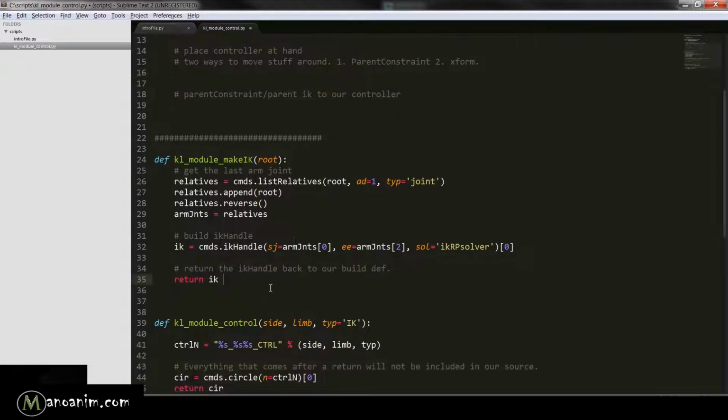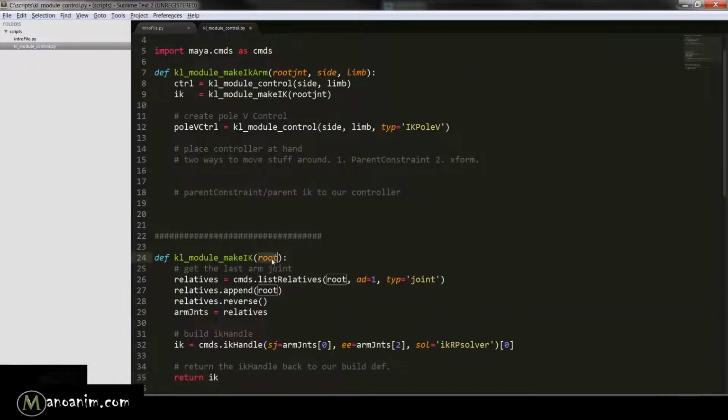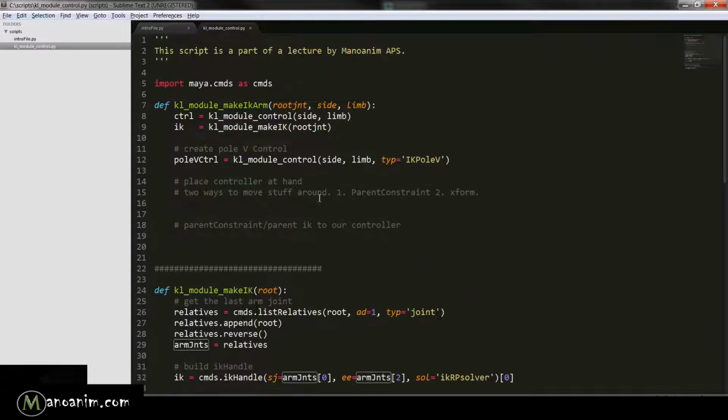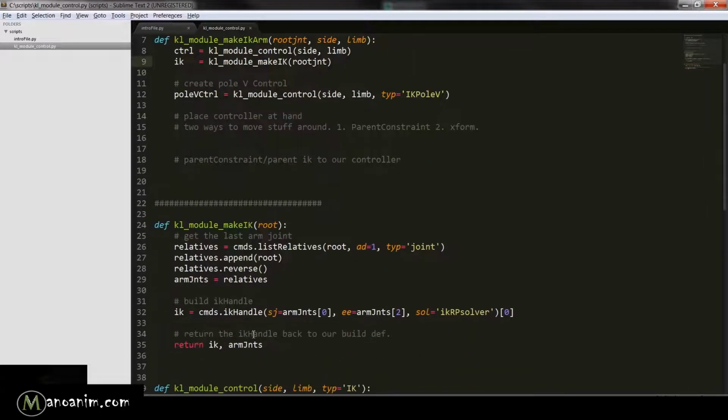So what I want to return here is also, I only gave it the root joint, and I kind of want to also have the root joint returned. Sorry, I want to return all the arm joints, because now I did the work of finding this list. So I want to return that arm joint. So the way I can do that is saying, what is the first thing that comes back? It's the IK. What is the second thing that comes back? It's the arm joint. So if I just do it like this,